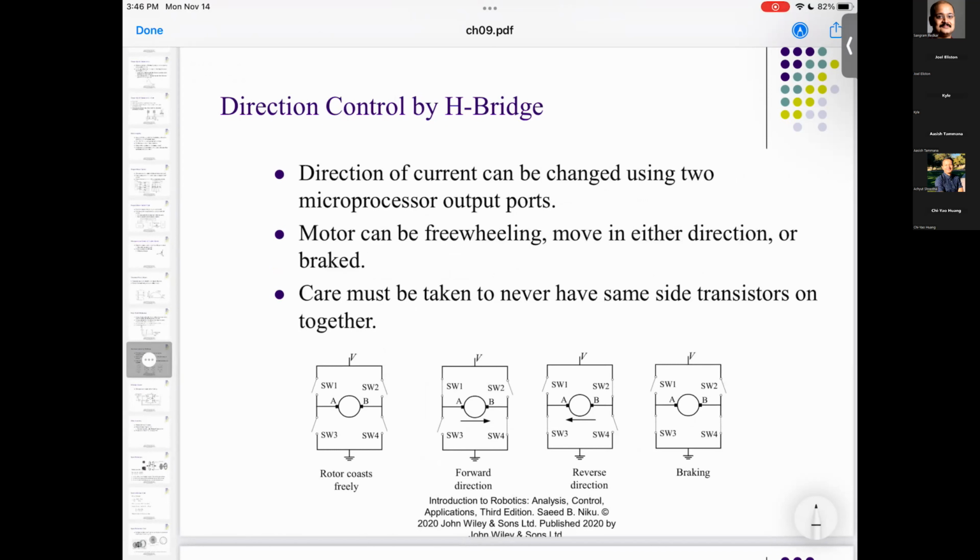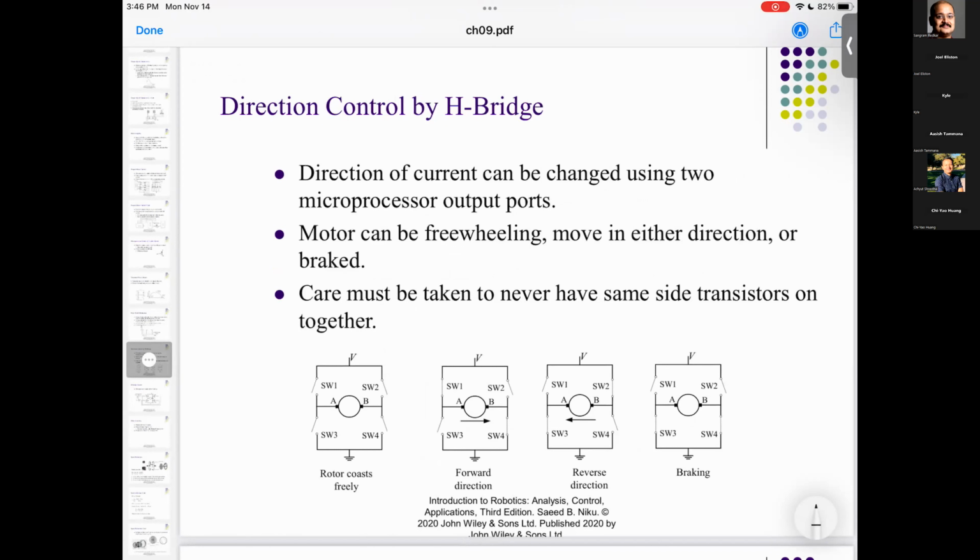The H-bridge control is basically done using a microcontroller. As you can see in this particular configuration, there are 4 transistors: SW1, SW2, SW3, and SW4, and they are connected to a microcontroller. And what you do is you send the high signal and the low signal, which means you send the 5